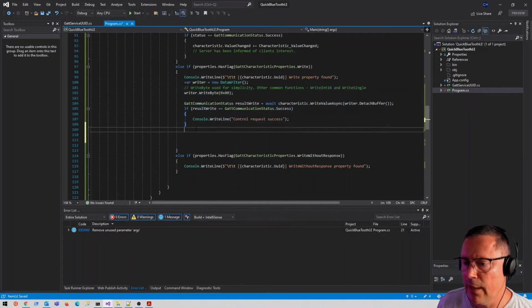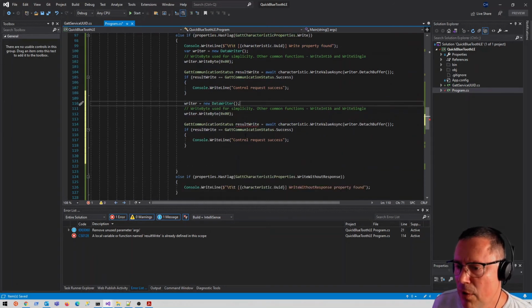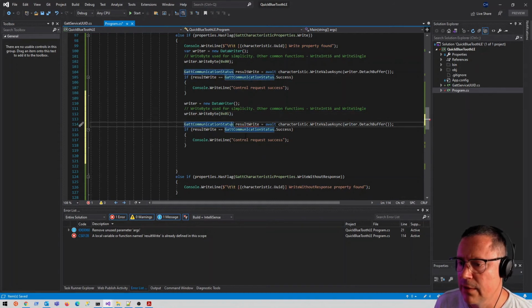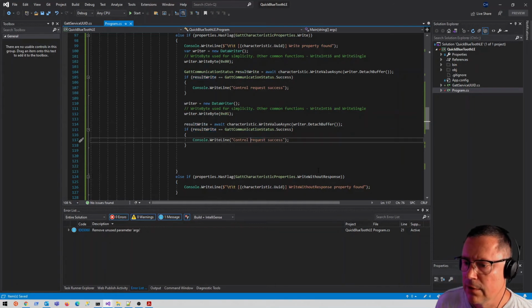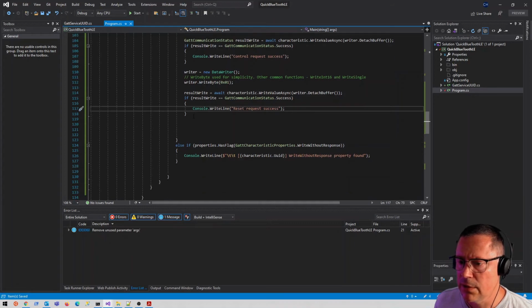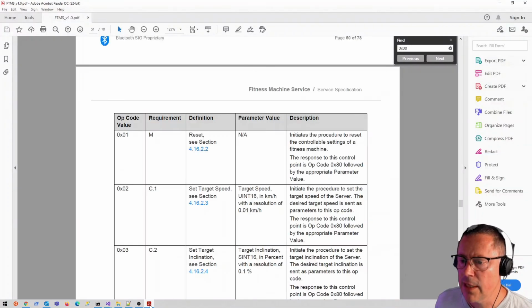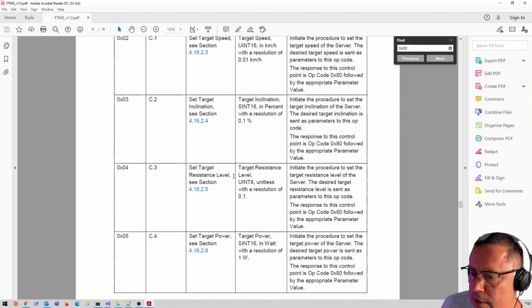We will look at converting these things to proper object-oriented stuff with commands, etc. So here we're just going to reset the device and reset request success, and then at the same time we're going to have a look at setting the target resistance. Okie dokie, so that's 4,